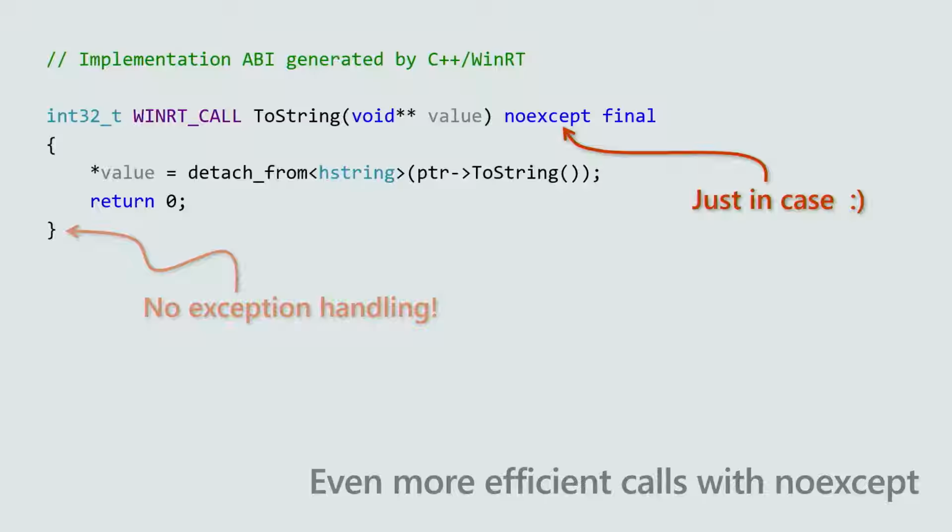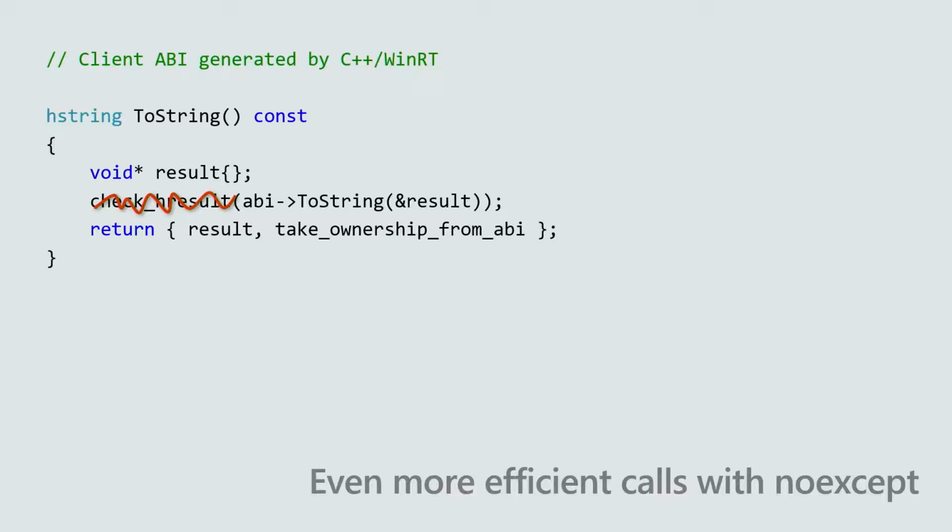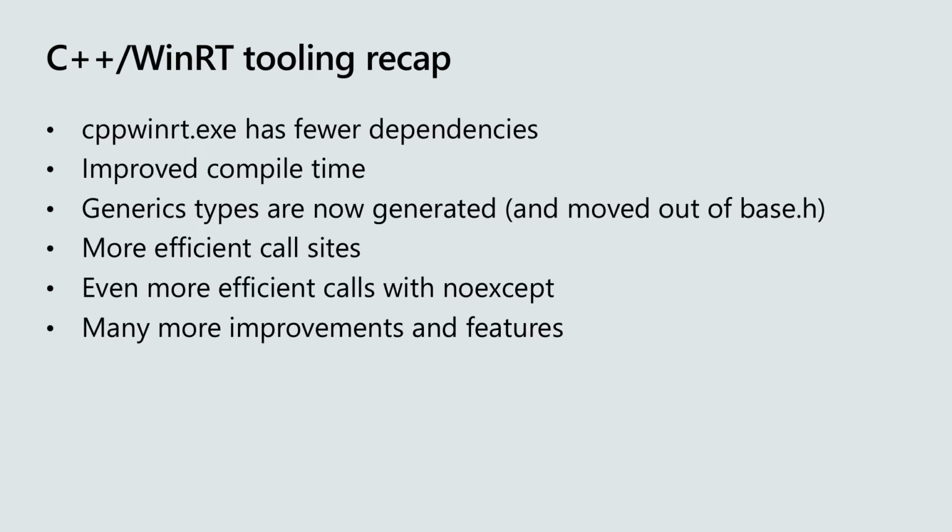On the client side, we also light up in a similar way. In this case, we know that the HRESULT is always going to be S_OK. It's always going to be successful. So we can elide the exception handling check on the call site. And that's critical because that's where you see all of your code gen benefits and improvements in terms of code size reduction. So you're literally left with the most efficient call site implementation on the ABI, and there's really no overhead in terms of this ABI call. So many improvements have gone into the tooling itself. There's many more that I haven't covered here, but please take the time to look at the tooling and see how much it's improved over time.